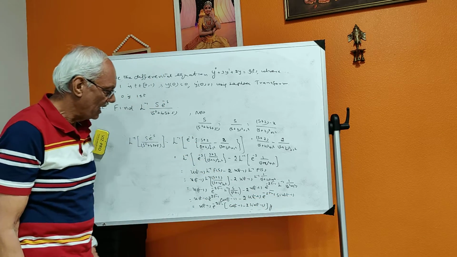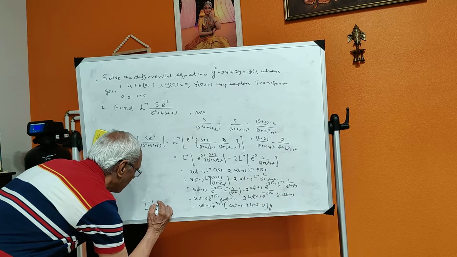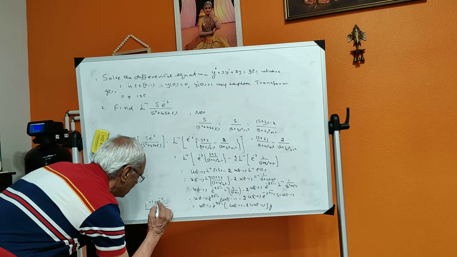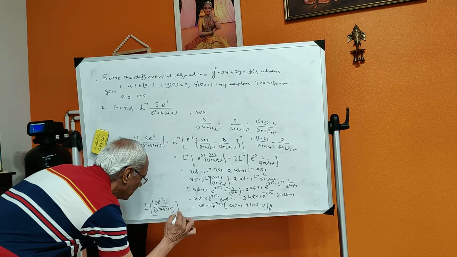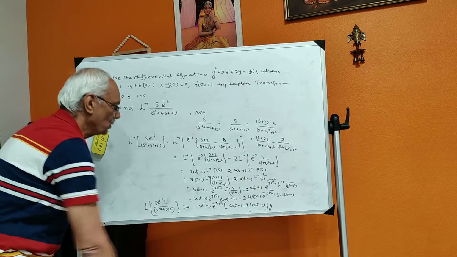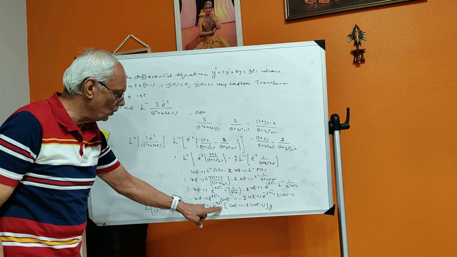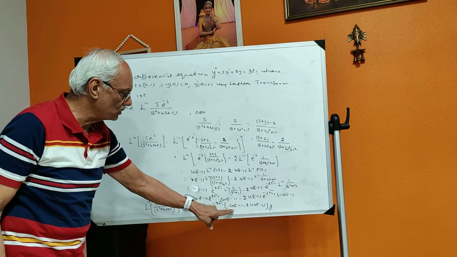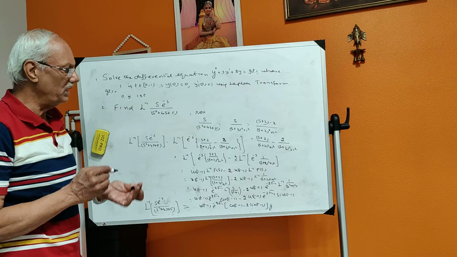And therefore the answer: L minus 1 of e to the power of minus s into this, divided by s square plus 4s plus 5, is equal to u of t minus 1, which I take outside, e to the power of minus 2 of t minus 1, in the bracket I have taken outside, and what is remaining in the bracket is cos of t minus 1, minus 2 sin of t minus 1. This is the answer. So this is how we do